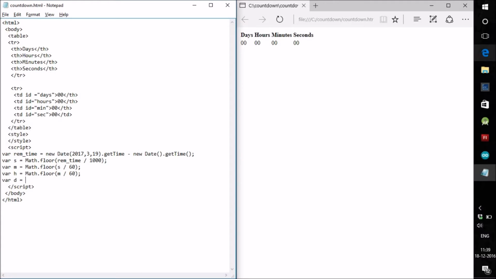Next I'm going to create a new variable called d, which is days, and then Math.floor of hours divided by 24, because there are 24 hours in a day. And then since we want to get the remaining seconds, minutes and hours, I'm going to say s modulus equals 60, because a minute has 60 seconds, and it's going to divide by 60 and we're going to get the remainder. And then the same with minutes, modulus 60, and then we're going to update the remaining hours, minutes and seconds in those